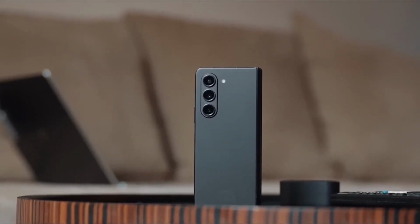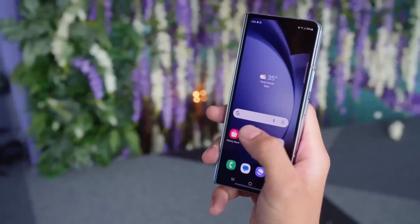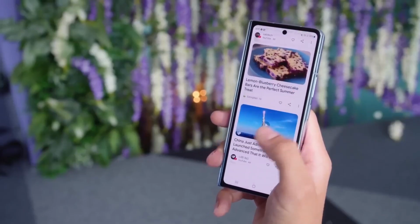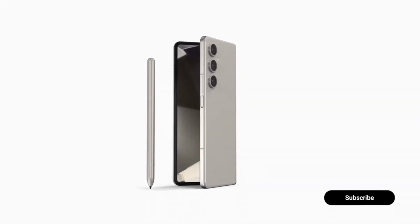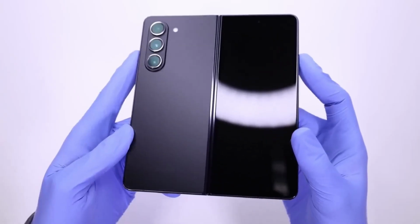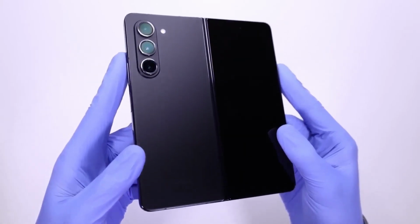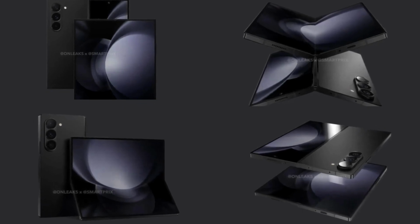Samsung's upcoming foldable phones are on track to become the flagship launch of the year for the company. With the increasing popularity of its foldable devices, there is considerable anticipation surrounding Samsung's forthcoming unveilings. The emergence of leaks was inevitable, and the rumor mill has now kickstarted the anticipation with the release of the first Galaxy Z Fold 6 renders. These renders, brought to light by SmartPrix and OnLeaks, offer a glimpse into the design alterations Samsung is incorporating, showcasing